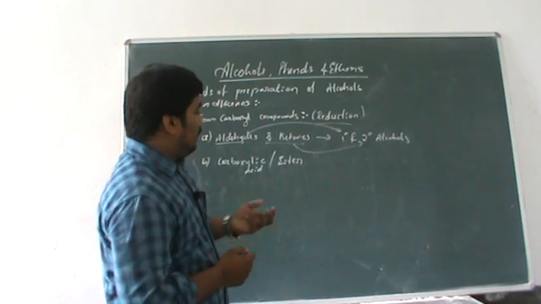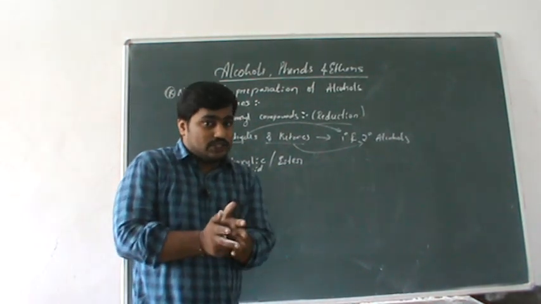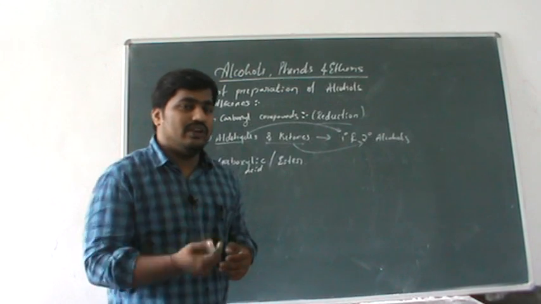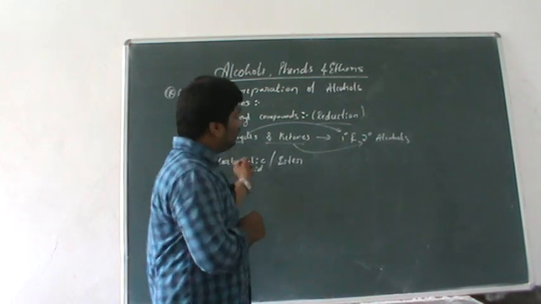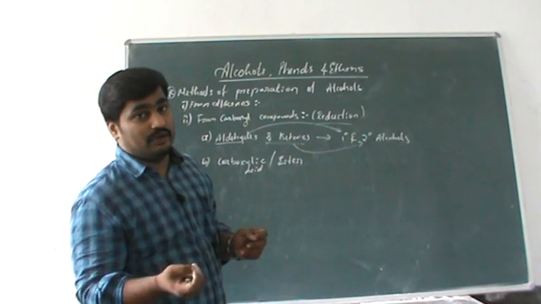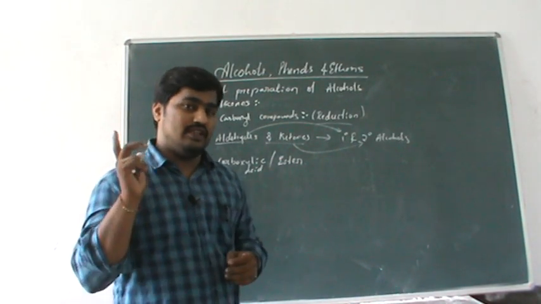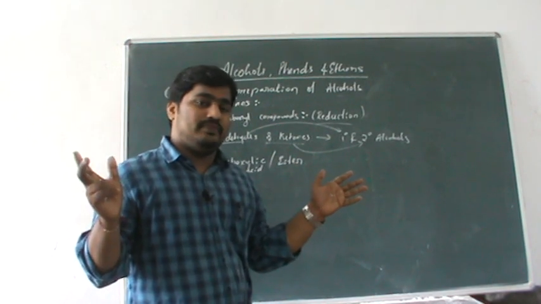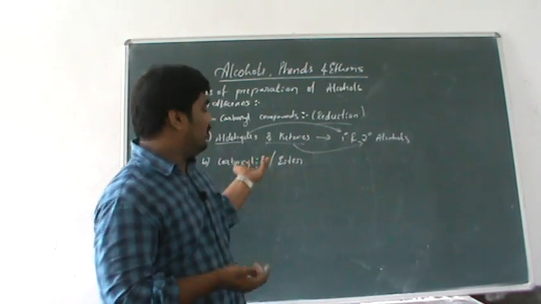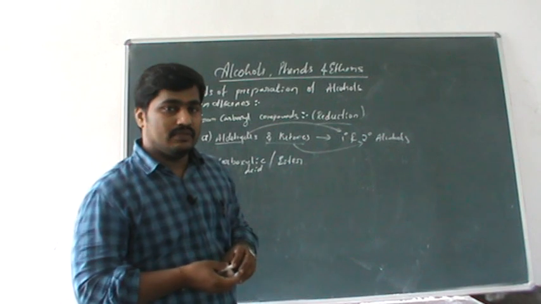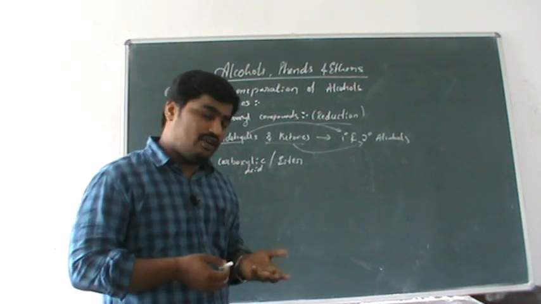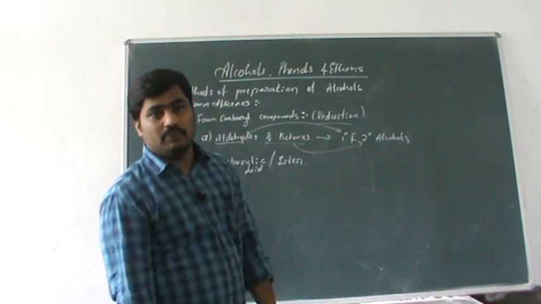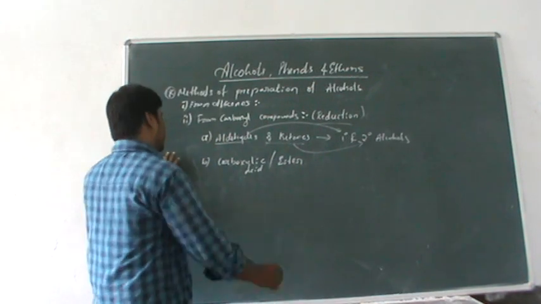If we use a mild reducing agent, it is not able to convert carboxylic acid into alcohol. It may convert a few quantity. It is possible, a small quantity of carboxylic acid can convert into alcohol when you use a mild reducing agent. But what is our intention? Our intention is to produce a large quantity. Otherwise, what is the need of making these reactions? All the reactions are carried out to produce a large quantity of product. Therefore, we need a strong reducing agent.